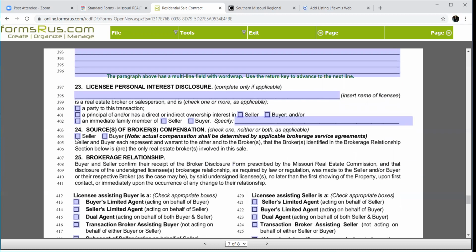Compensation. Typically, all the commission will be coming from the seller. Now, if you are getting a flat fee of 150 or 250 bucks, we just talked about that you cannot get that from the seller. So you are actually receiving compensation from both sides of the transaction if that's the case. Or if the seller's only offering 2.5% and your buyer's going to make up that other 0.5%, now you are getting compensation from both sides. So most often, if you're not doing a transaction fee, it's just going to be seller.